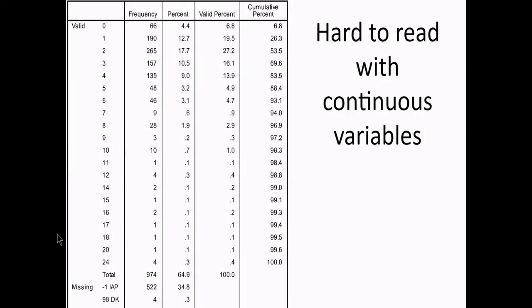Okay. Another example of a frequency table. This is the frequency table of an interval level variable, or rather a ratio level variable, I suppose, because it has a 0. Yeah, I think that would be right. How many hours of TV watching do you do a day? 0 up to 24. We do have people who said it's not applicable, they don't know, and 34% of them, and then 0.3%. So we excluded